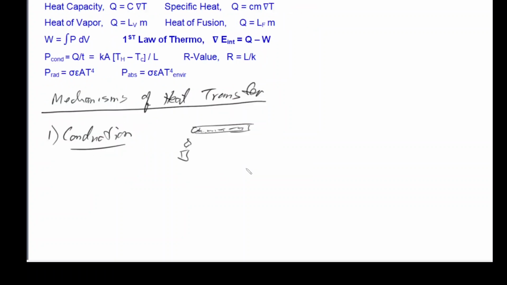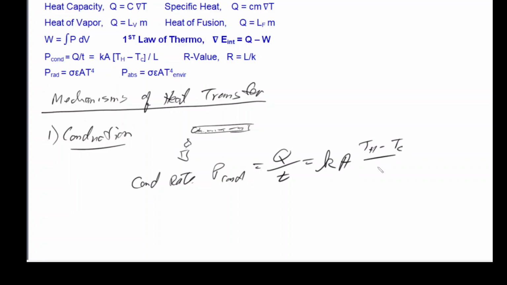And we configure a conduction rate, and the conduction rate, P conduction, is equal to the amount of heat transferred per unit time, which is equal to K A times TH minus TC over L,